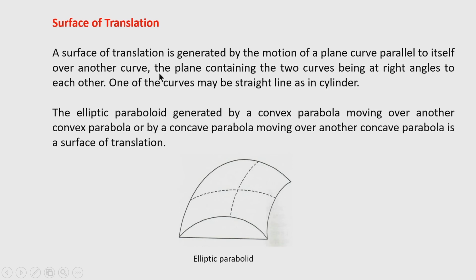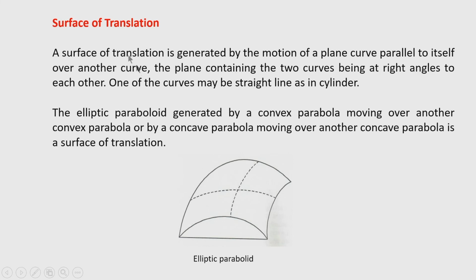the plane containing the two curves being at right angles to each other. A special case may also arise, that one of the curves may be a straight line as in cylinder. So, surface of translation also includes the ruled surface if one of the curves is a straight line. So, ruled surface is a special category of surface of translation where one curve is a straight line, but here in this example I have shown that two curves are